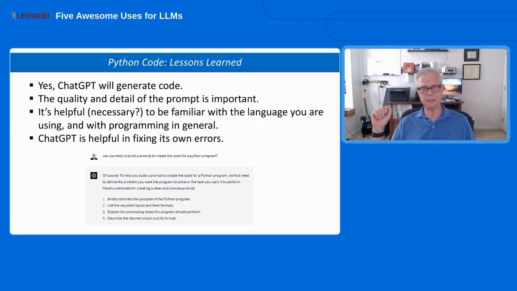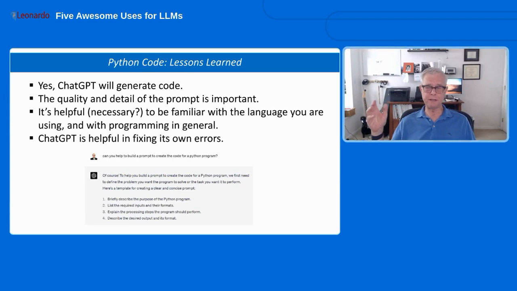Also, clearly, it's going to be helpful or even necessary to be familiar with the language that you're using, or with programming in general. If you're completely new to programming, you're probably going to be lost right out of the gate. But if you're familiar with Python, or the language you want it to use, then this can really speed things up.